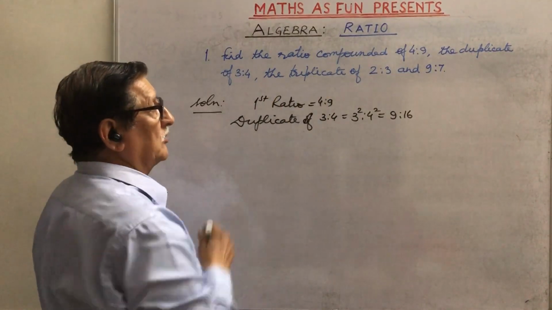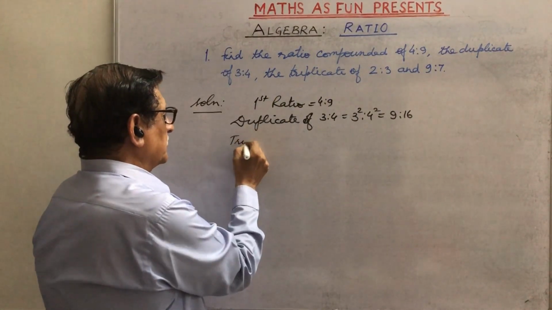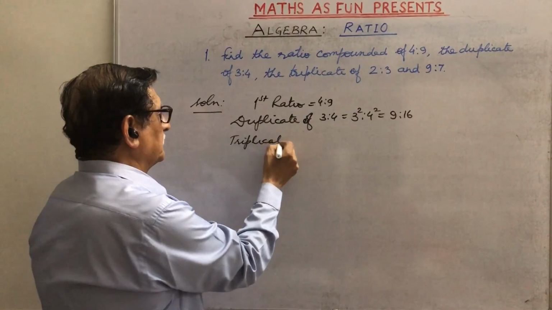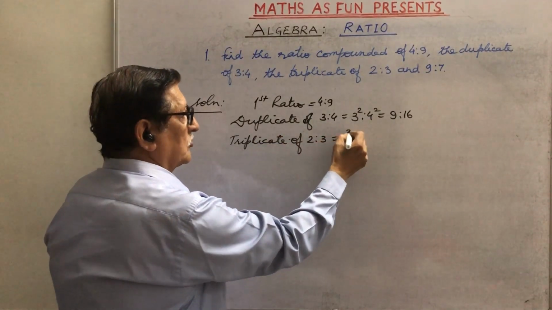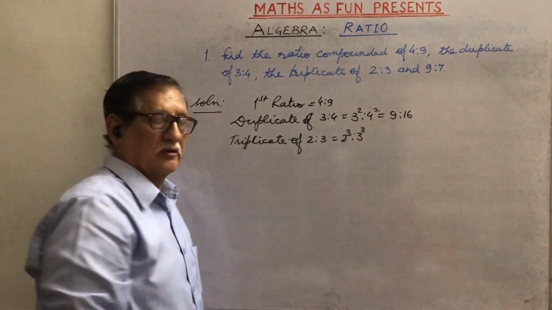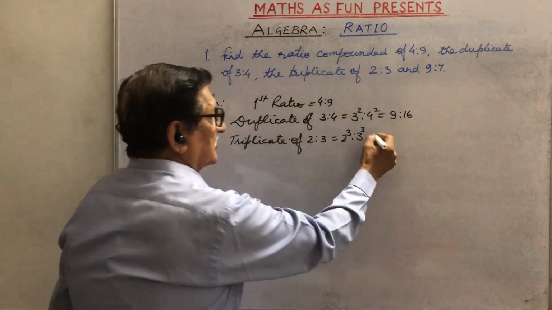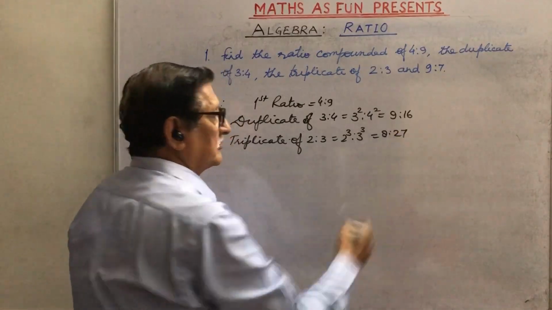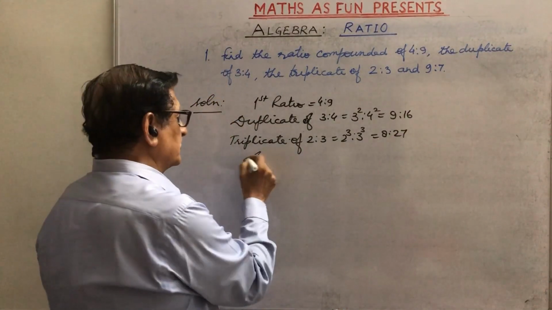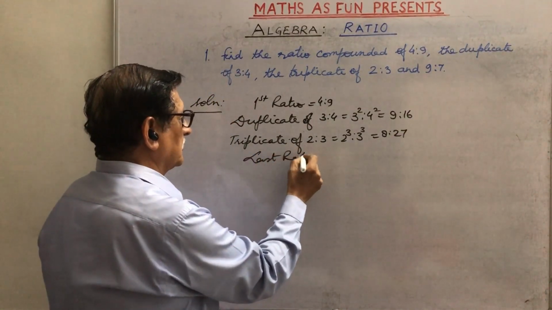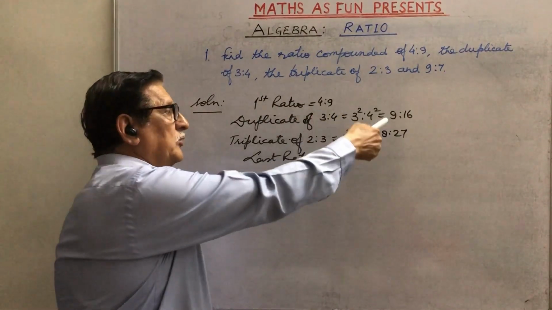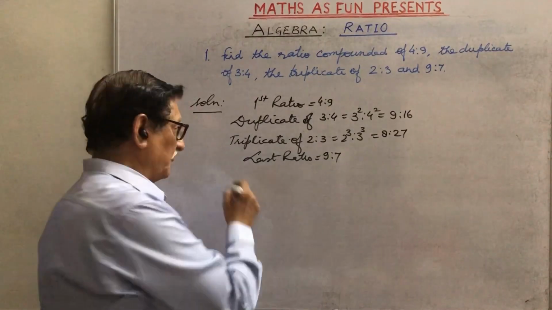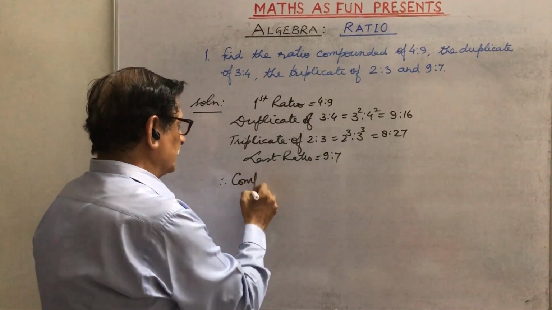Then the triplicate of 2 is to 3, that will be 2 cube is to 3 cube. We have already learned, so that comes as 8 is to 27. And the last ratio we are given is 9 is to 7. And we have to find the compounded ratio of all. And therefore we write the compound ratio will be,